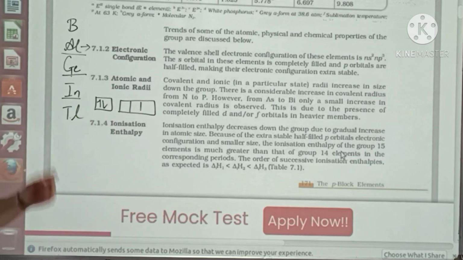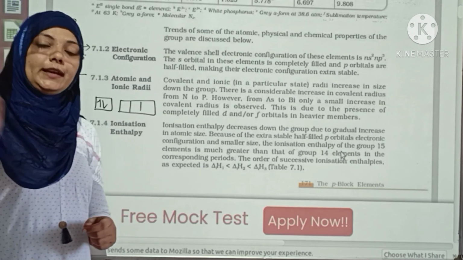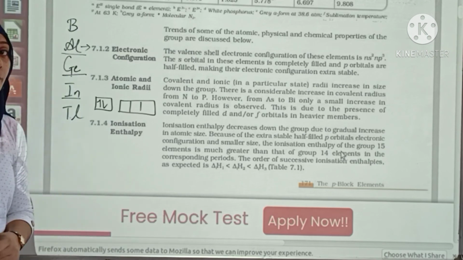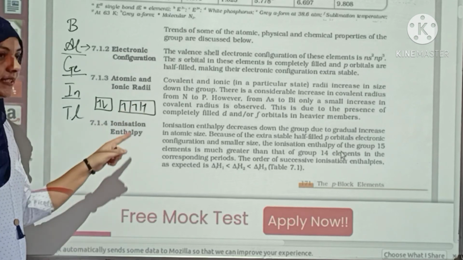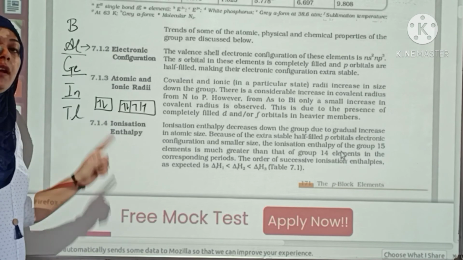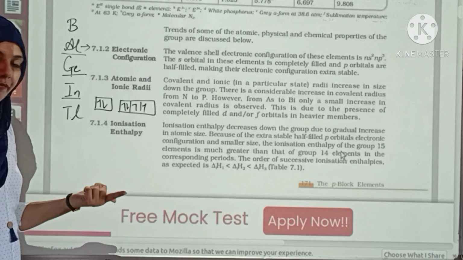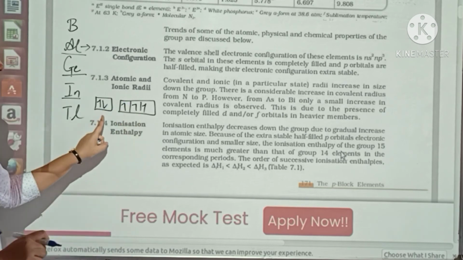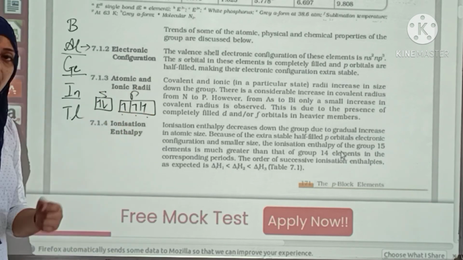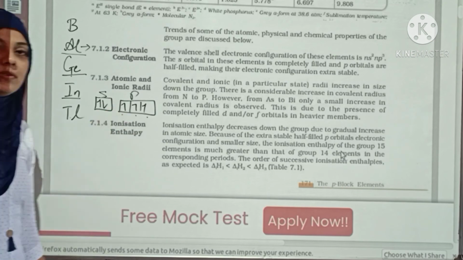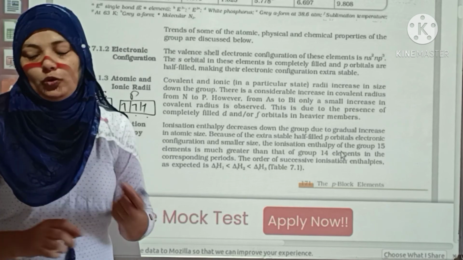Completely filled and half filled are more stable than incompletely filled, and completely filled gives you more stability than the incompletely filled. Suppose I have 1, 2, 3. This is called half filled and this is more stable. But if I have one more electron over here, it is called incompletely filled. Px, Py, Pz, and each of them has one electron. Those particular compounds are more stable, and that is because of their half-filled shell, half-filled electrons.